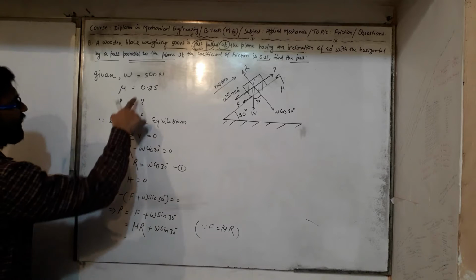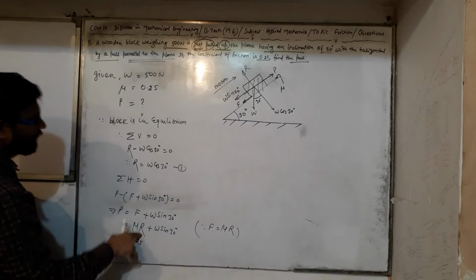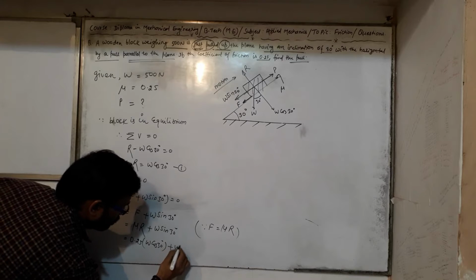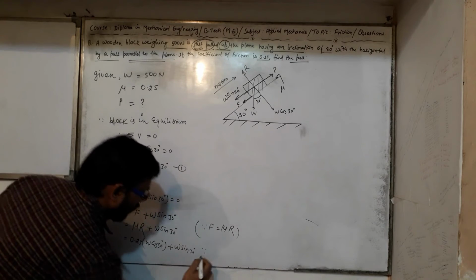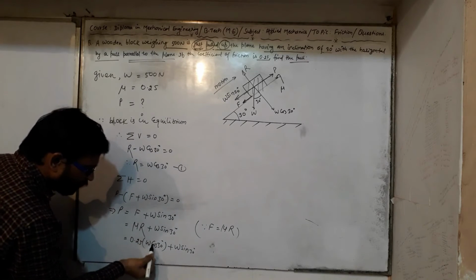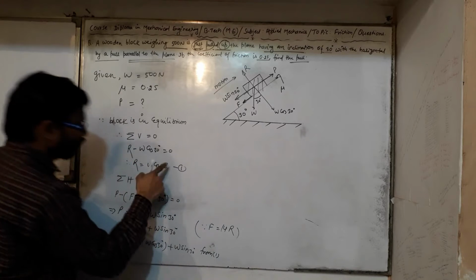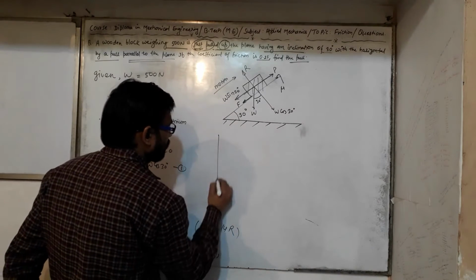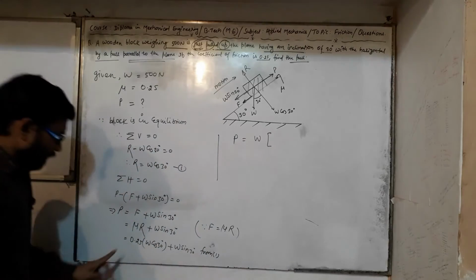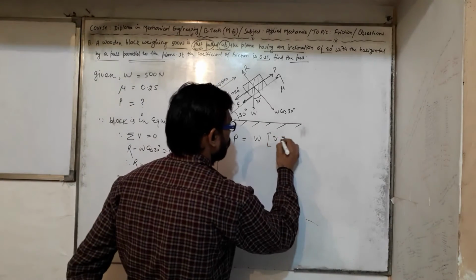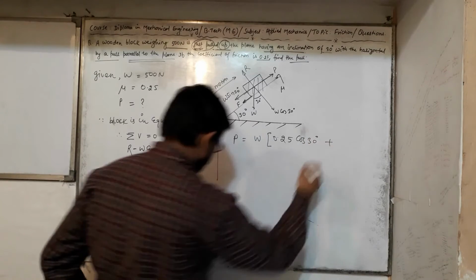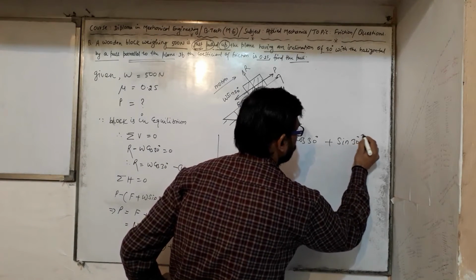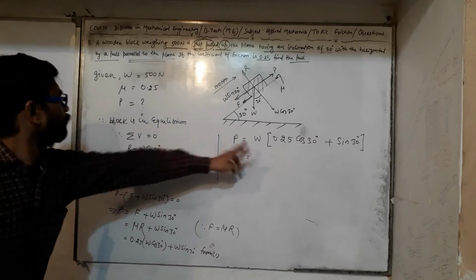Put the corresponding values. Mu is given as 0.25, and the normal reaction R we have got as W cos 30 degree, from equation 1. So W can be taken out as common. P equals W times (0.25 cos 30 degree plus sin 30 degree). Putting the corresponding value of W, we have 500